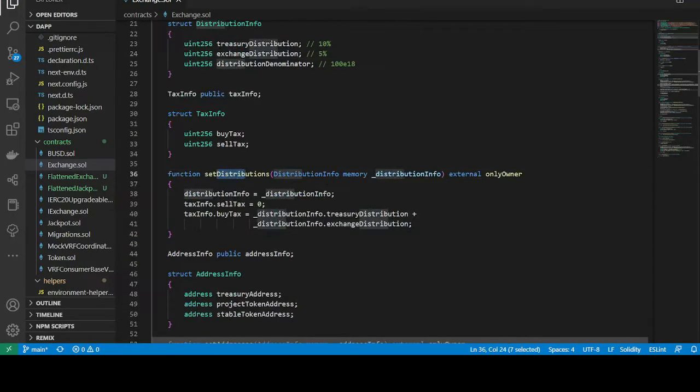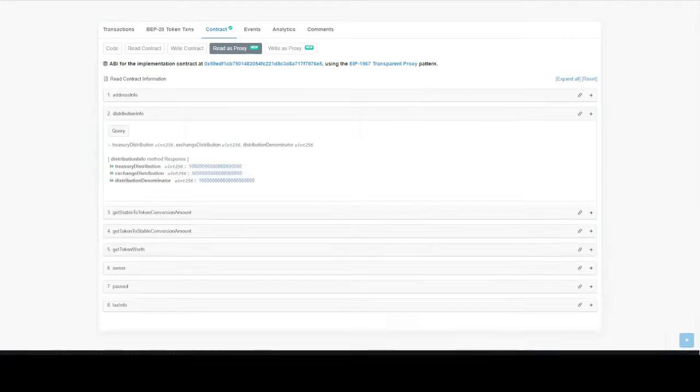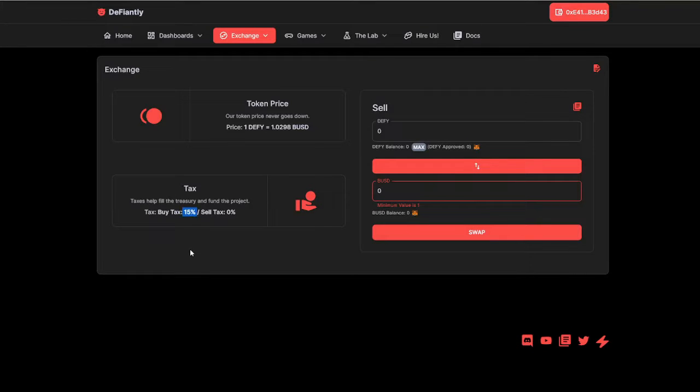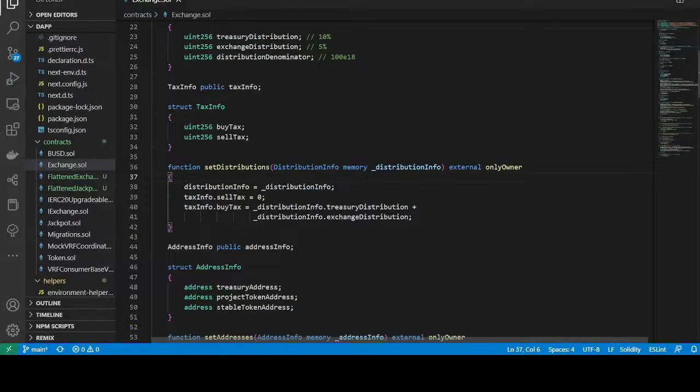And so whenever we set the distributions, that is pretty straightforward. We pass in that information. We send in those three values. Sell tax right now is hard coded to 0. It's not ever implemented. And then buy tax is just a combination of those two. This buy tax ends up being what is fed to this screen over here for the buy tax. So it's very important to note that it is set there. That's the very first step in this